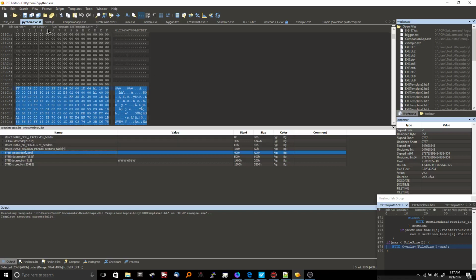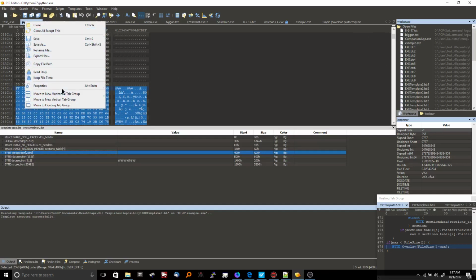So what we have here is I opened up this exe file, which is actually python.exe. So this is the Python interpreter. And this could be any PE file, any Windows executable file, that you could do this with. The thing that sets 010 Editor apart from the other hex editors is it has this thing called binary templates. And we're about to use that, and we're going to look at exactly all of what's going on here. But if you were to open this file up in a more basic